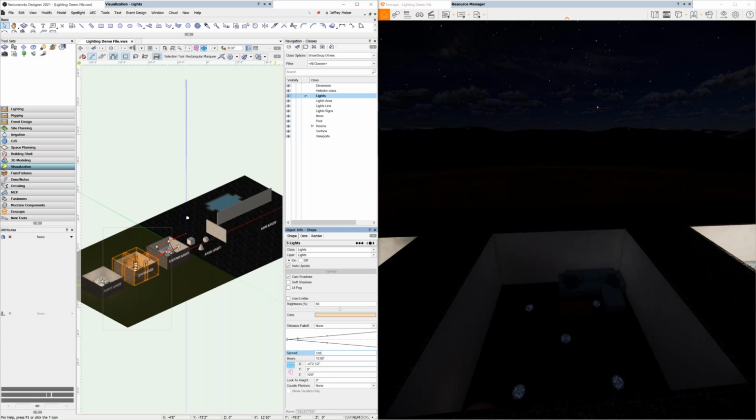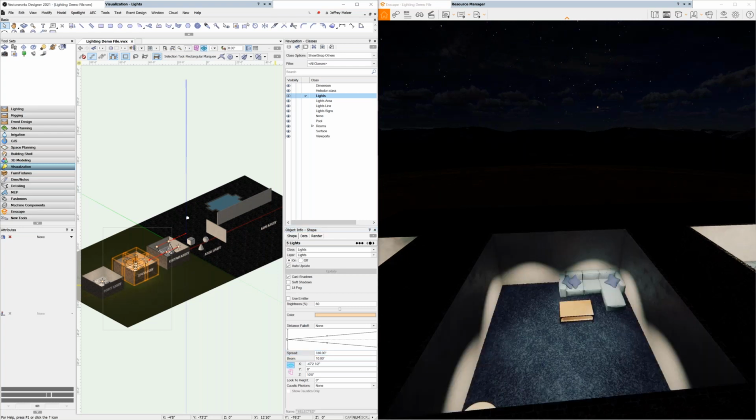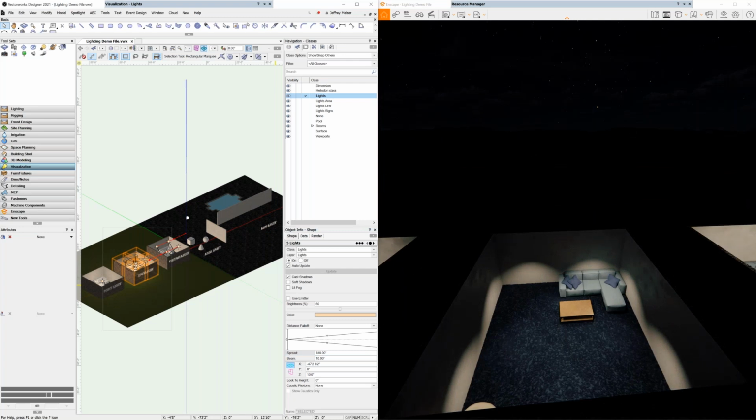It only references the spread. We don't actually reference the beam size. So from there, you're only having to make one change, which again would be the spread, and then you can work from there. Same functionality of the on-off features here under the object info. And again, color and things are that way with this one. Other things to note, you can adjust the Z height, meaning where they're at in the room. If you've got a very tall room, you're going to need to possibly work with the brightness and your exposure